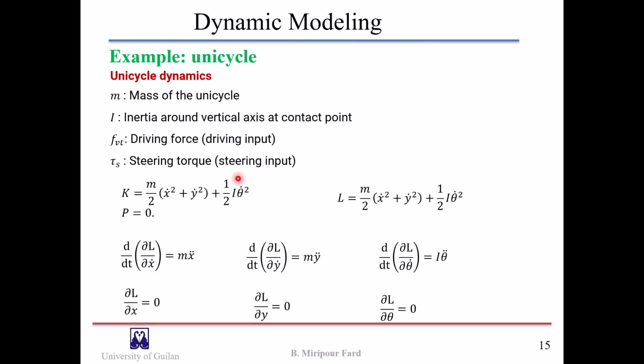And the expression of kinetic energy is given as K equals m over 2 times x dot to the power 2 plus y dot to the power 2, plus half of I times theta dot to the power 2, and the potential energy is 0 because it is assumed that the robot moves in the horizontal plane, and the Lagrangian is equal to